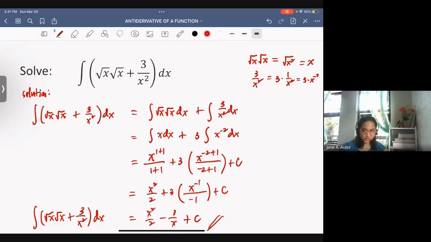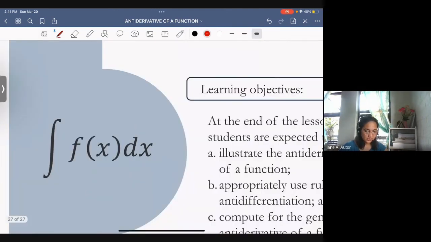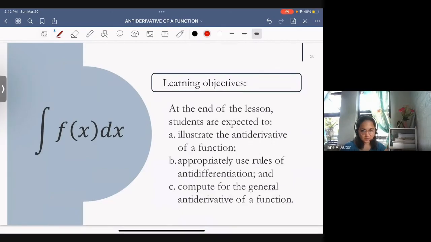But if you have questions, you may ask me or your subject teachers for further understanding of the lesson. Okay, so let me just go back to the objectives a while ago. In this video, we illustrate the antiderivative of a function. We talk about the definition of the antiderivative of a function and a theorem about the general antiderivative of a function. We use rules of differentiation given by these 6 presented examples and then compute for the general antiderivative of